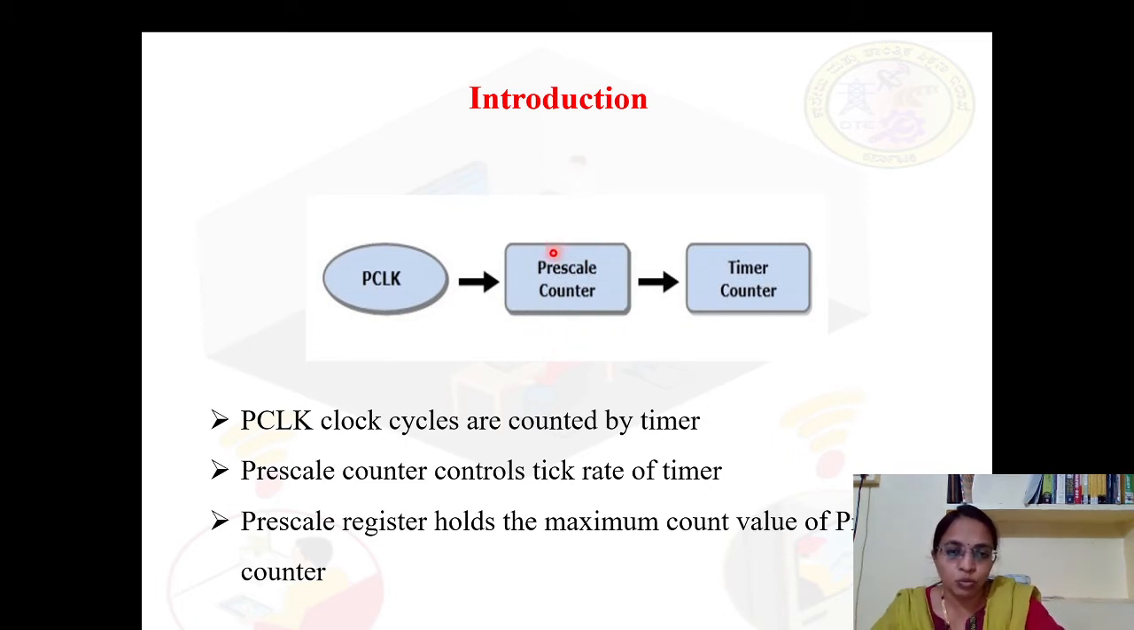What is the maximum value that this prescale counter can count is decided by the content of another register. That register is called the prescale register. So why do we have to use the prescale counter? What is the use of the prescale register and prescale counter? These are used for reducing the frequency of the peripheral clock, and that will in turn reduce the incrementing rate